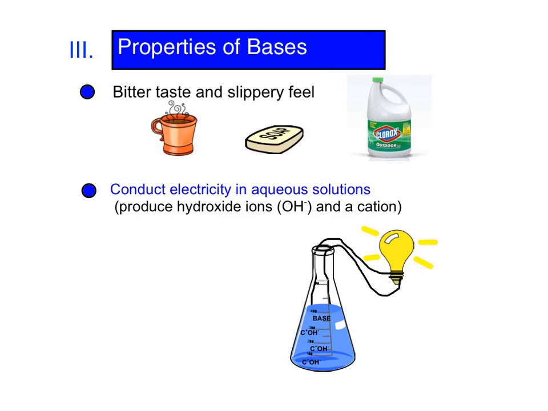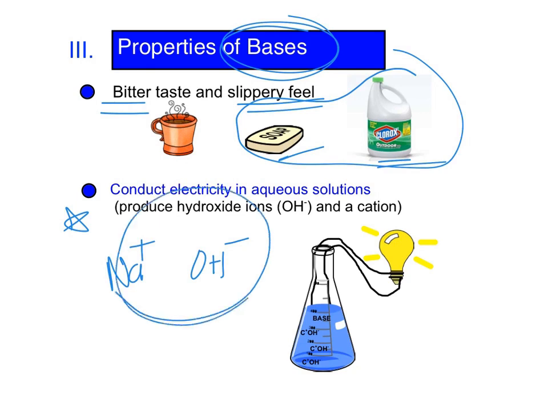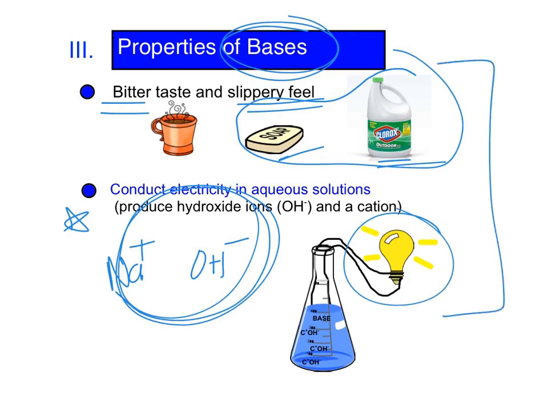Okay, going to the other side of the spectrum, let's talk about bases. Bases have that bitter taste and a slippery feel. So a lot of household cleaners are basic products. I think soap or ammonia, Clorox are basic products. Like acidic things, bases also conduct electricity when in a solution. So a base can dissociate in water with charges that allow for a connection to happen with a light bulb and therefore conduct electricity. So remember, just like acids, we do want you to know the properties or characteristics of